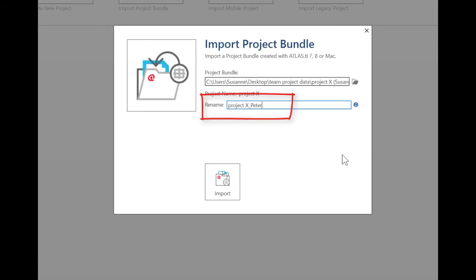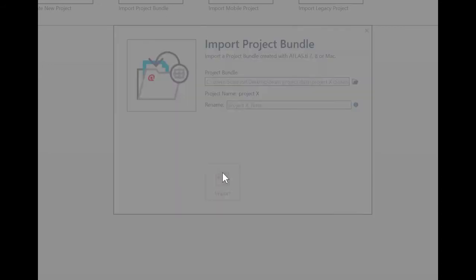So if I'm not changing the project name now, and I send it back to my project administrator, the project administrator has two project X. And then she doesn't know, is that now Peter's project or is that Susanne's project? So please go through this routine and think about how you want to rename it, whether you want to use first names or initials or whatever, or just code 1, 2, 3, whatever. So now if I import the project,